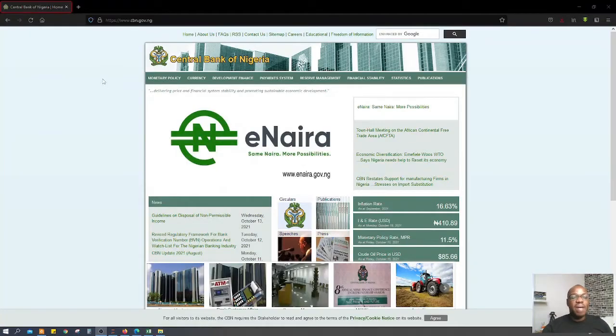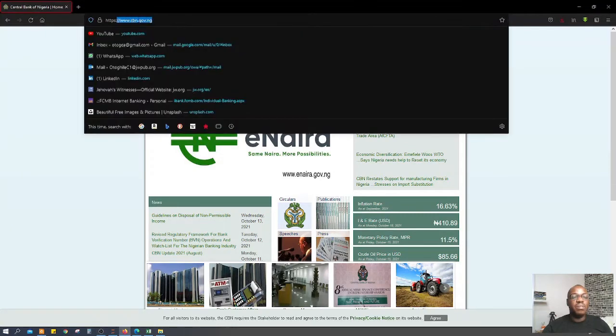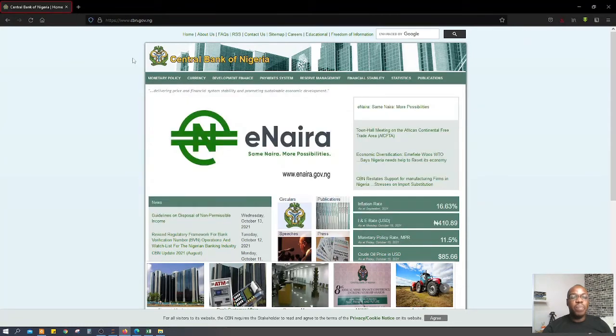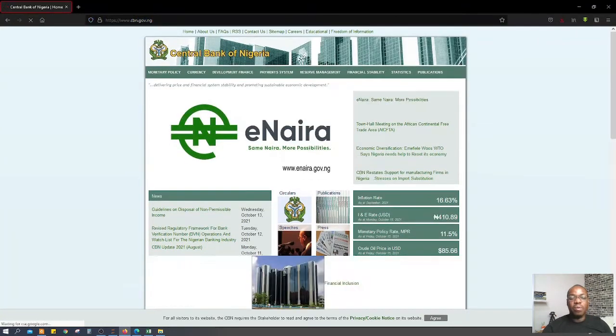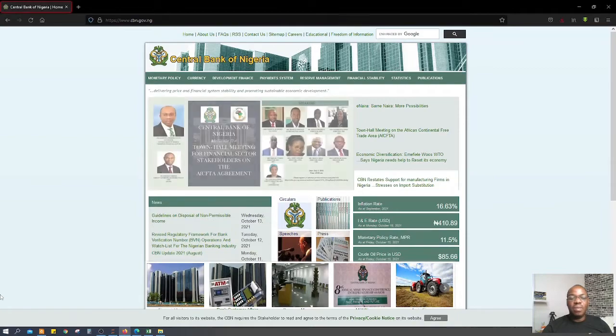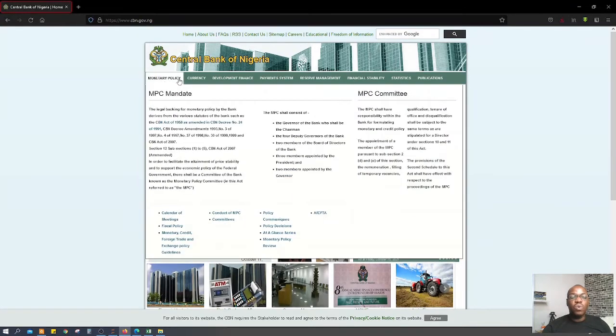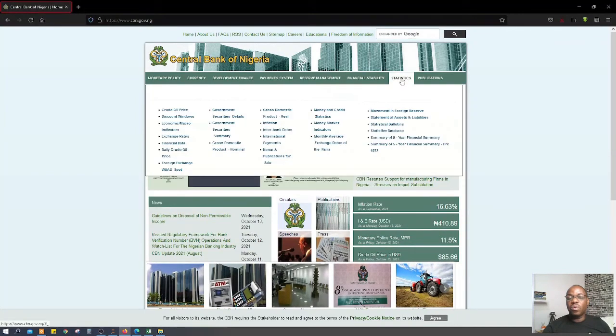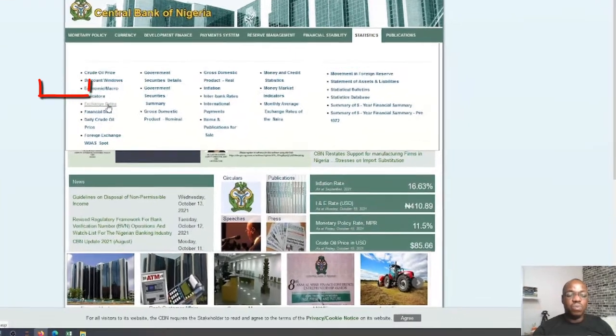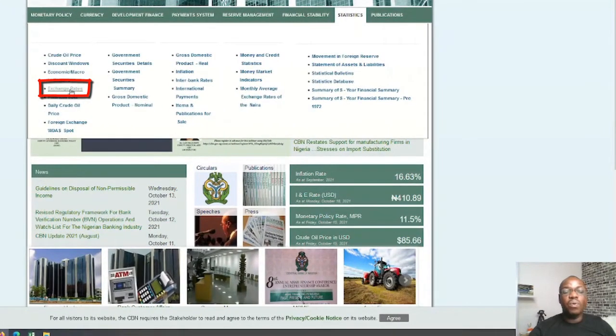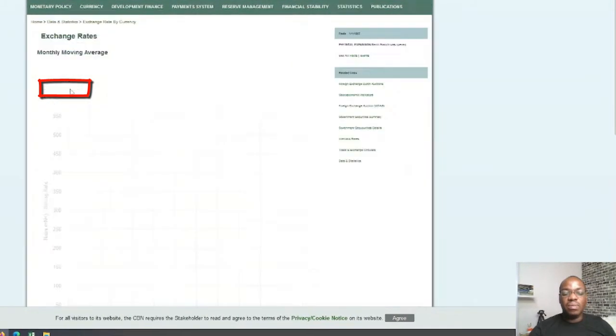Here we have the data. All you just need to do is type in cbn.gov.ng and you'll be taken to this home page that you have here. Okay. So that is it here. So where are we going to? If you look at these tabs up here, you're going to see statistics. And from statistics, we want to just go down and look for exchange rates. And here it is. So there I click on it, and